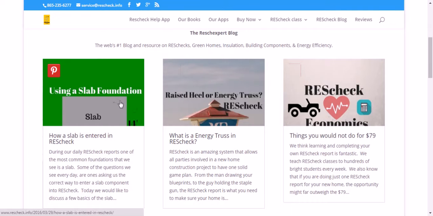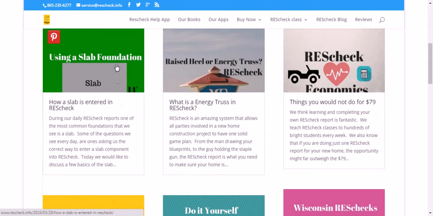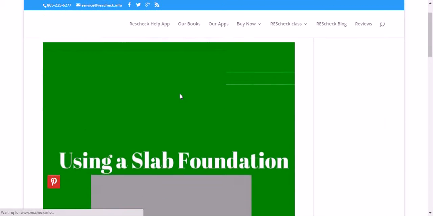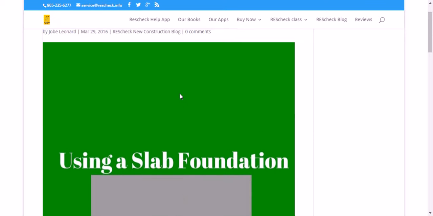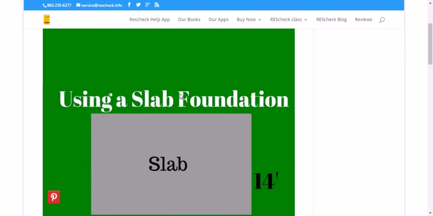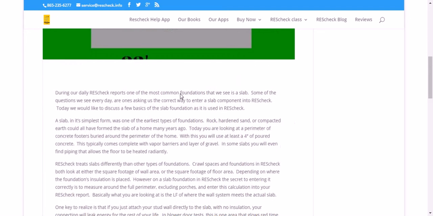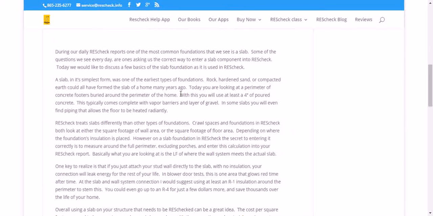Today, we want to talk to you about how a slab is entered into Rescheck. How a slab is entered into Rescheck using a slab foundation. During our daily Rescheck reports, one of the most common foundations we see is a slab. Some of the questions we see every day are the ones asking us the correct way to enter a slab component into Rescheck. Today we would like to discuss a few basics of the slab foundation as it's used in